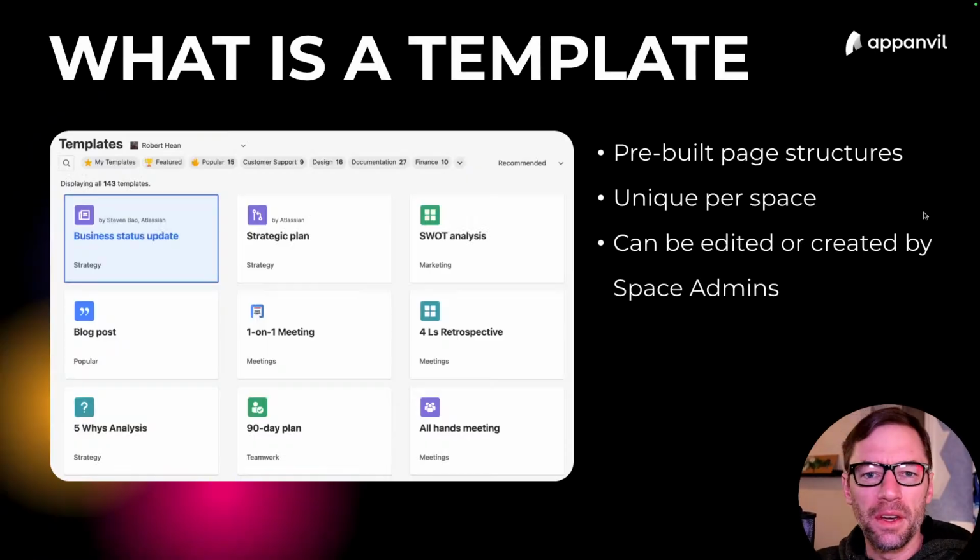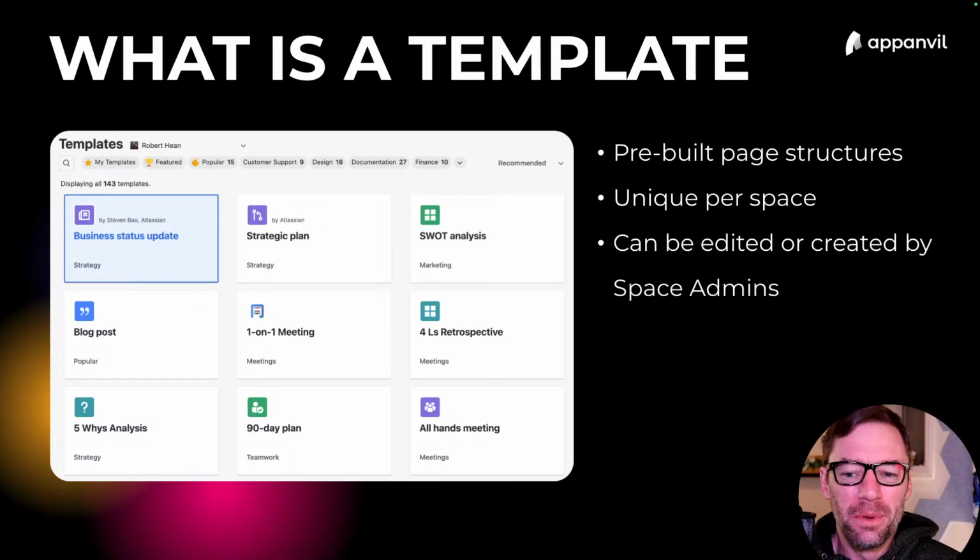And while you ponder that question, I will answer the question, what is a template? Essentially, they're just pre-built page structures. Now, I should probably reconsider this course because there are now templates in Whiteboards. We're going to focus on page templates. And if time allows,